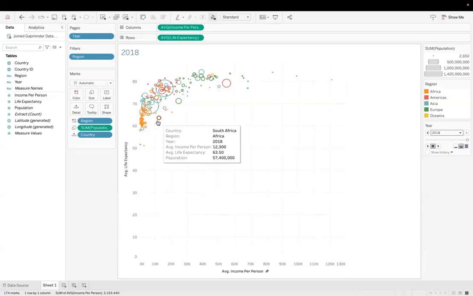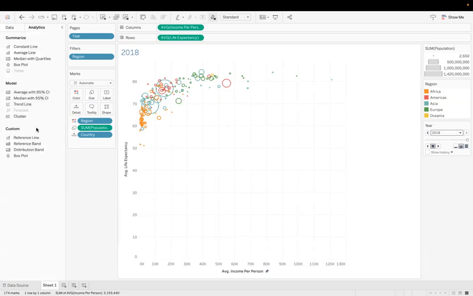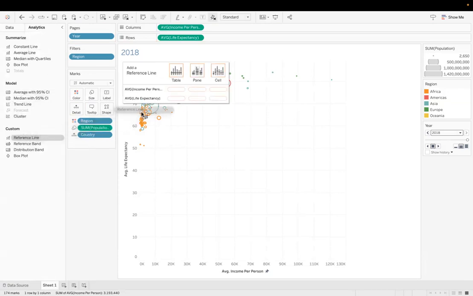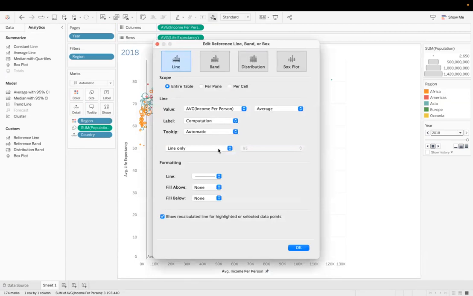Okay, so now what we're going to do is add in a reference line. So to do that, let's go to Analytics, Reference Line, and we're going to start with keeping it on the table. Eventually, we need to do the pane, but I'll show you why. So the table is going to be where we put the reference line. The label, we're going to change it to custom. So this is for average income. So we're going to do average income